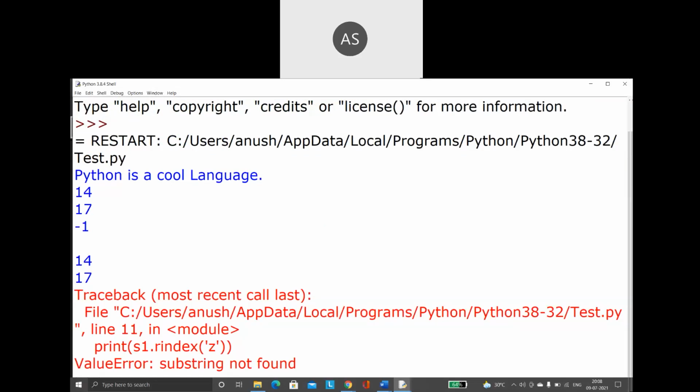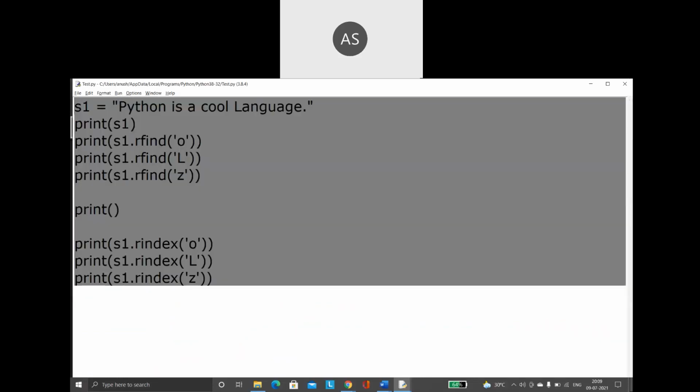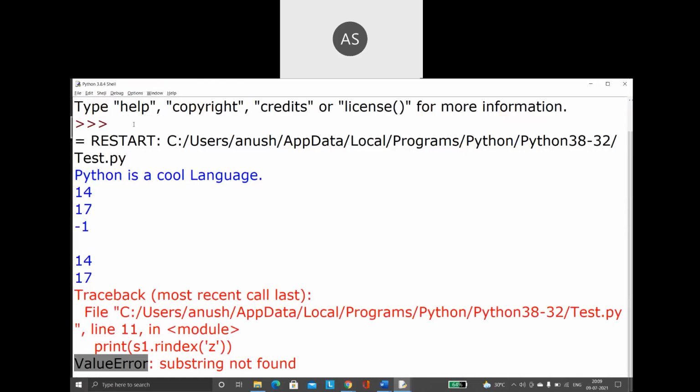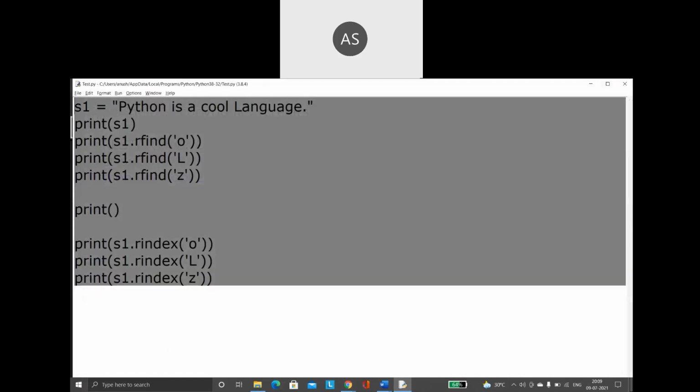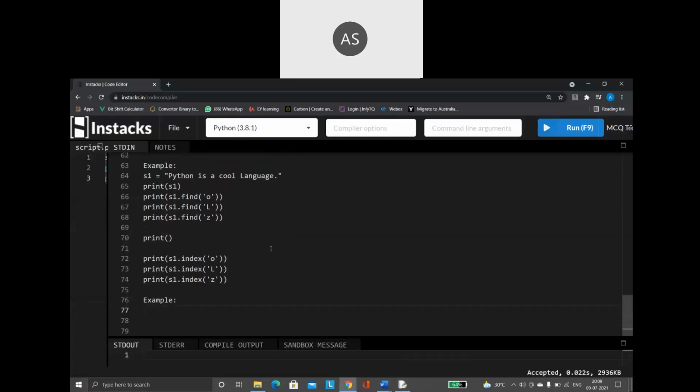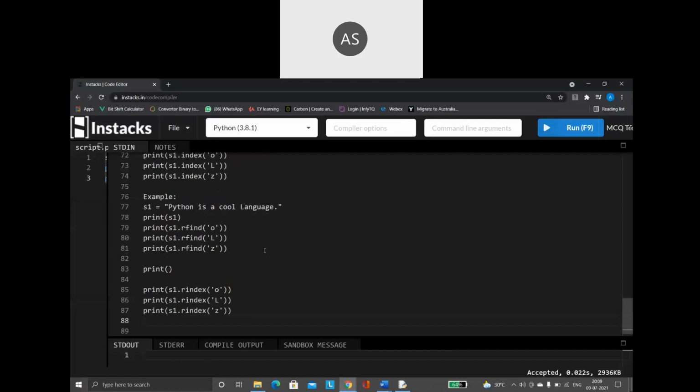See now, it is giving you O as 14. If Z is not there, then -1. But here, rindex is going to throw you an error. This is the basic difference between find, index, rfind, rindex. There you go.